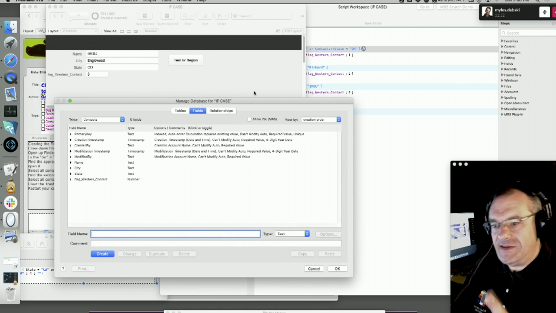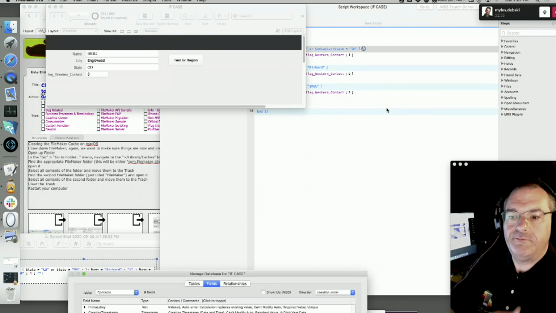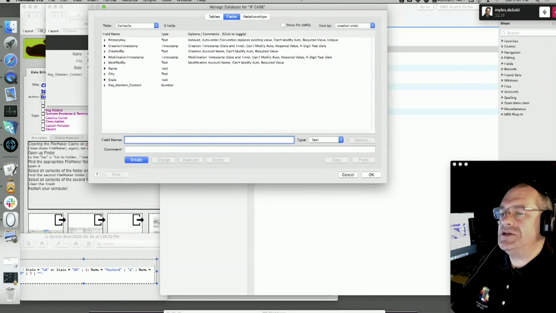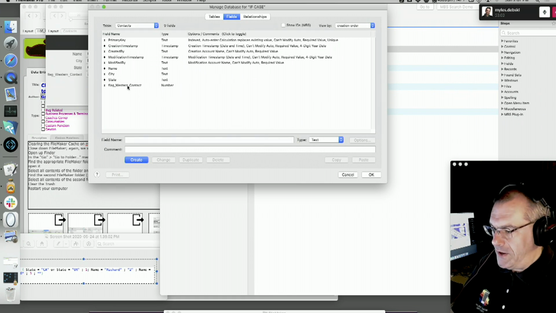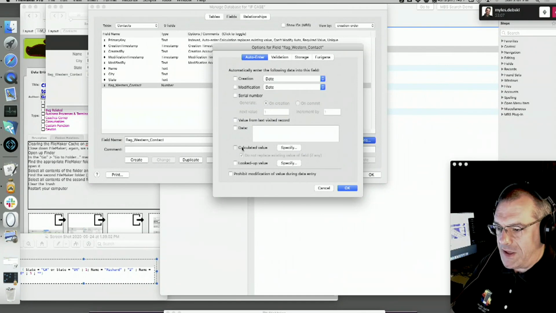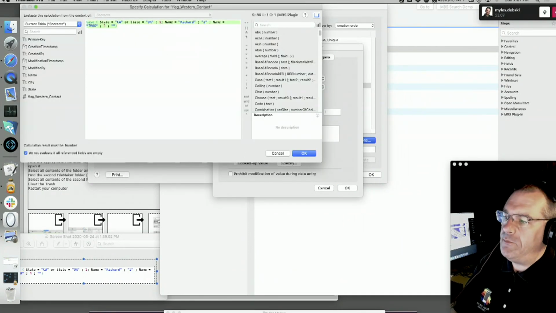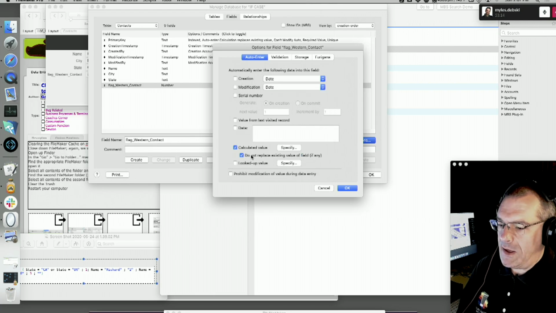Only, and this is a lean design thing, if I didn't know this, I would do it over in scripts and run it with a script with a trigger. Nothing wrong with that. Strictly speaking, I would write it over here, and I would write it as a number, but I would put the calculation to an auto enter. I would put it into an auto enter like that is what I would do,